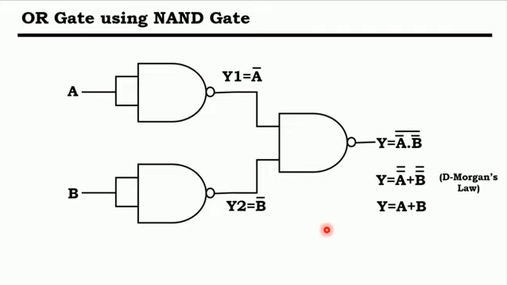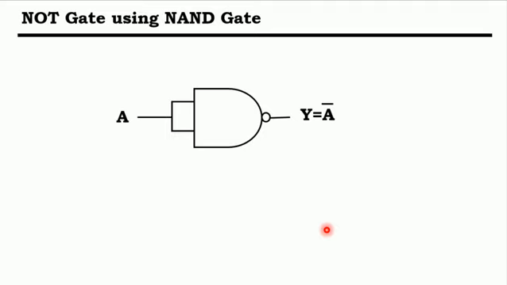After that, we are going to analyze the NOT gate using the NAND gate. This is the NOT gate using the NAND gate. Here we are providing a single input to both the inputs, and it will give you the reverse condition, that is the basic function of the NOT gate, and that is the basic Boolean equation of the NOT gate. So this is the operation that can be performed by using the NAND gate.